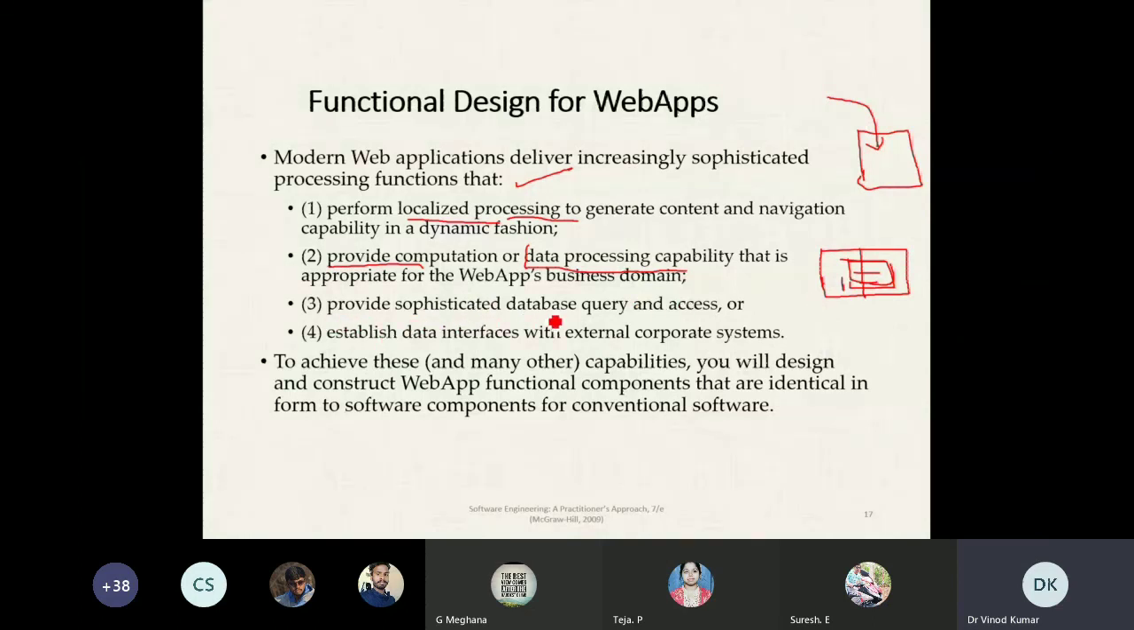So provide sophisticated database query. You can file the query and access those things. Establish data interfaces with external corporate systems also. So we can also interface with external corporate systems, and for that we can provide access. To achieve these capabilities,